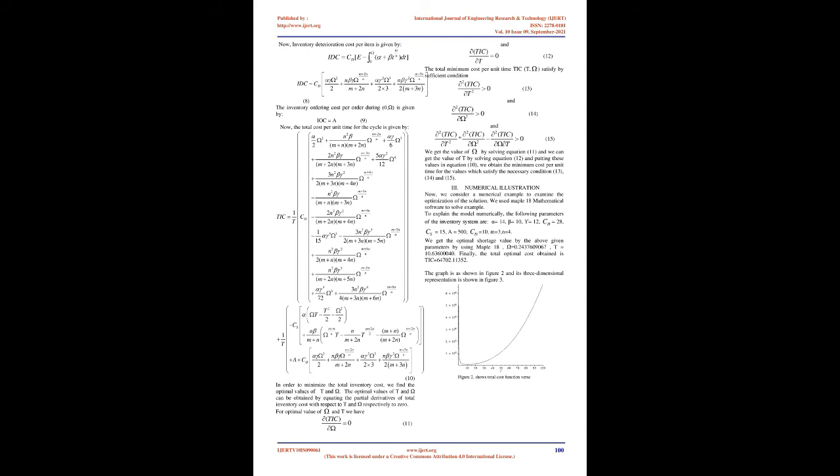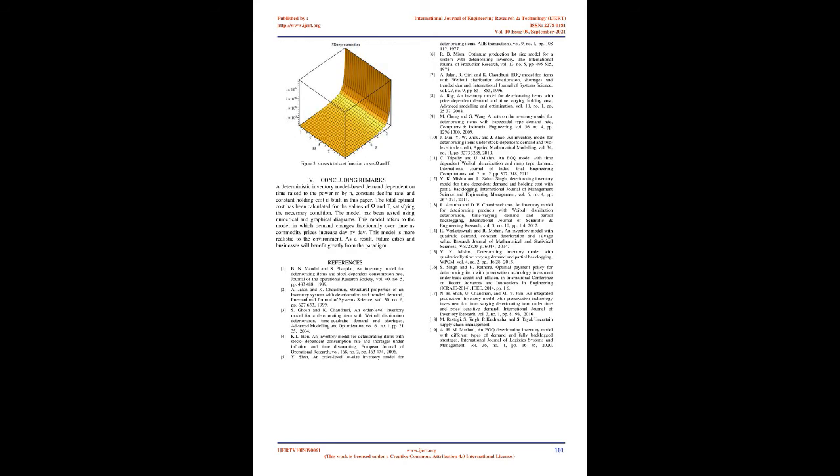reaches 0 and shortage starts, and inventory becomes negative in the period t1 to T. The differential equation for instantaneous inventory level at time t is as follows. In order to minimize the total inventory cost, we find the optimal values of t1 and T. The optimal values of t1 and T can be obtained by equating the partial derivatives of total inventory cost with respect to t1 and T respectively to 0. For optimal values of t1 and T we have